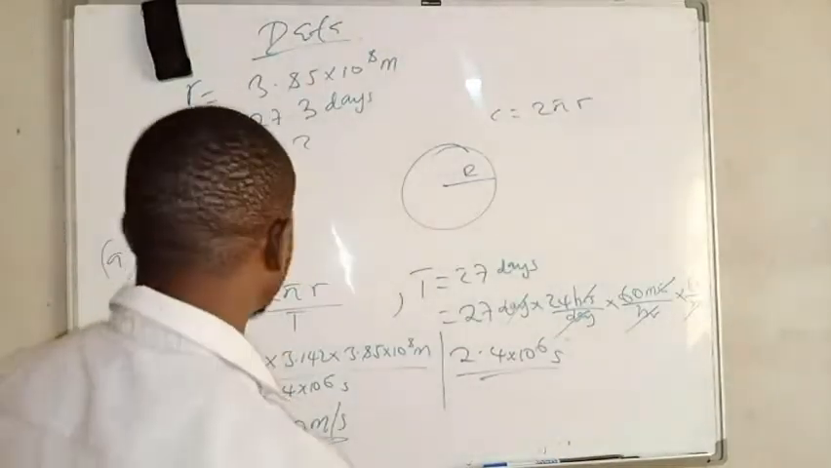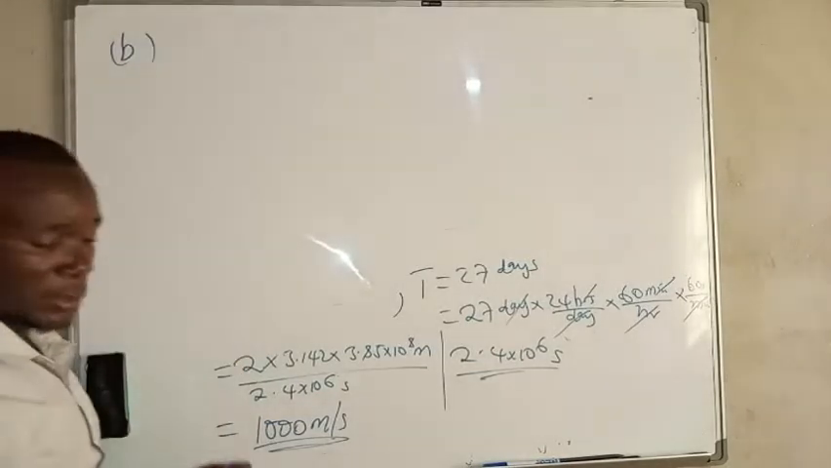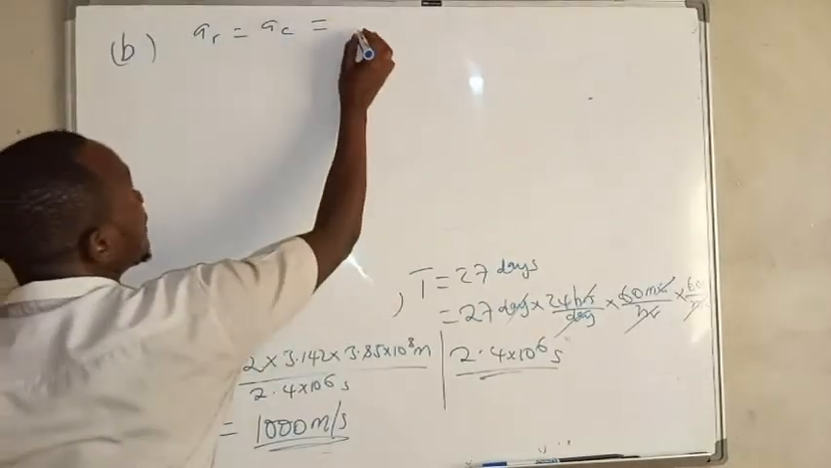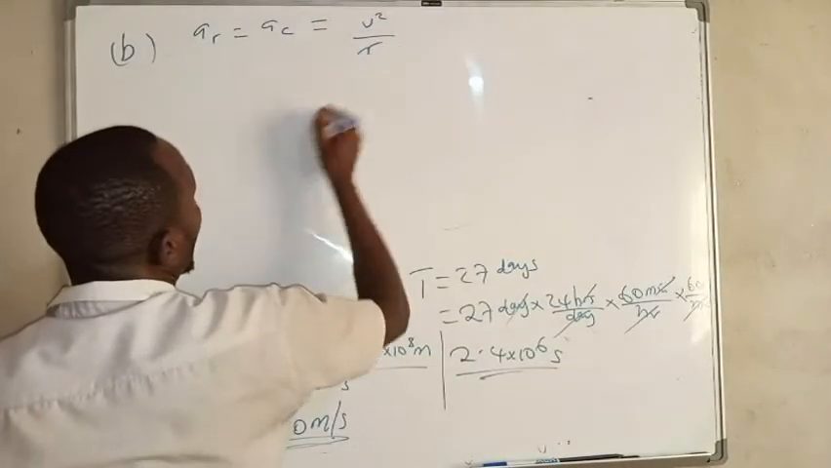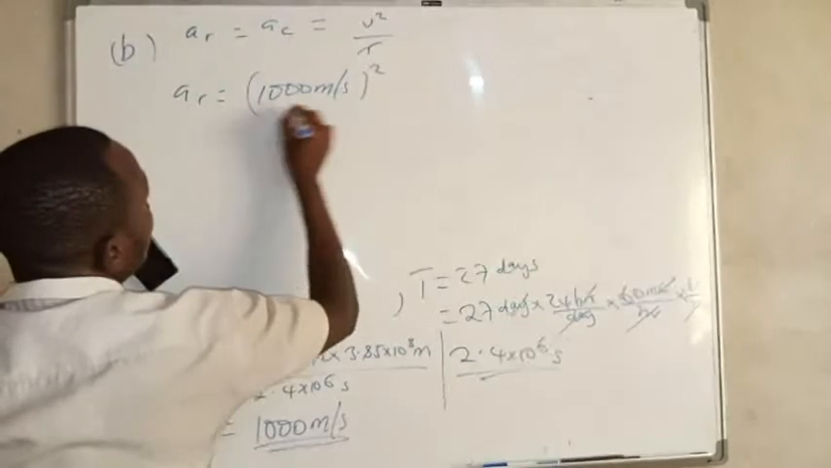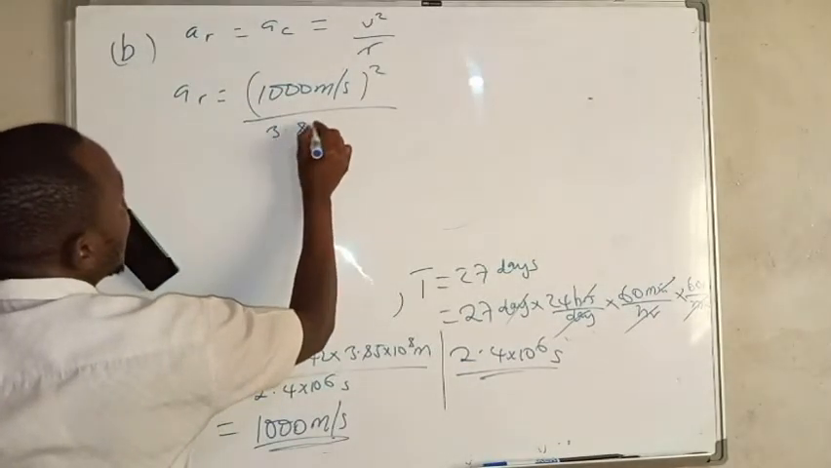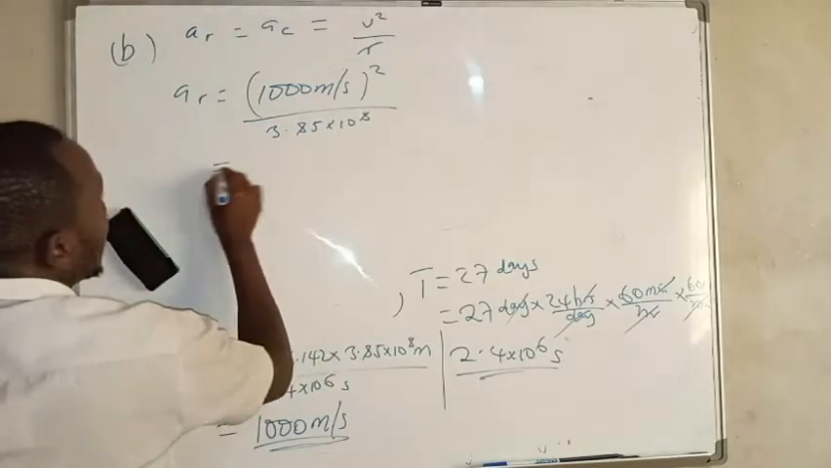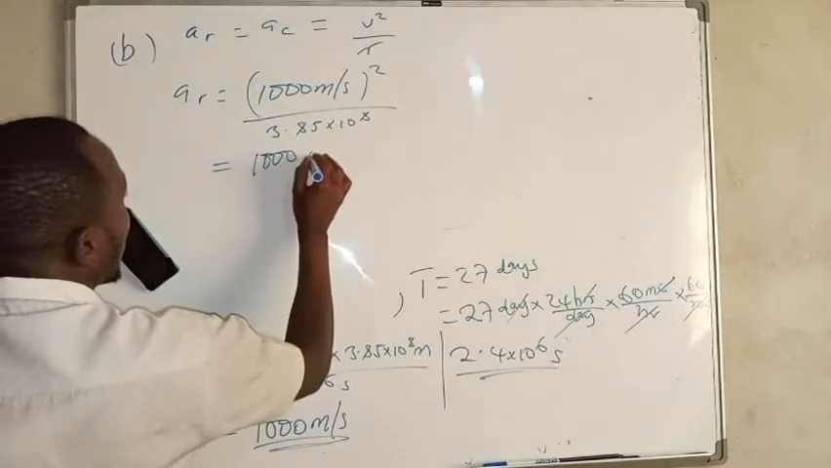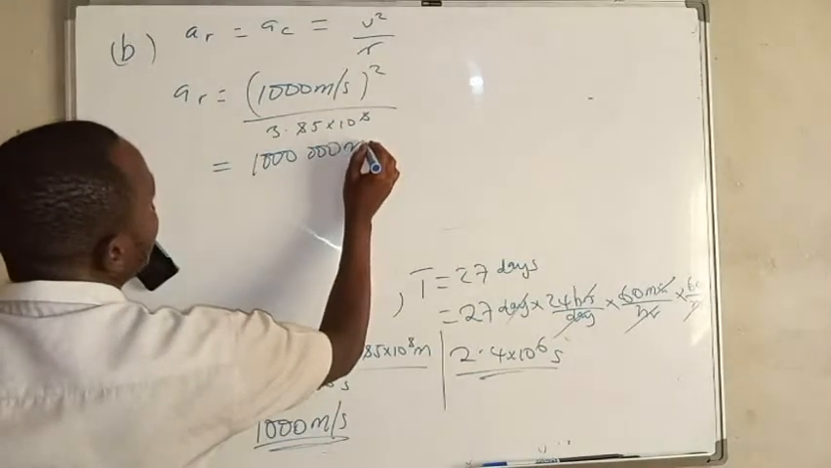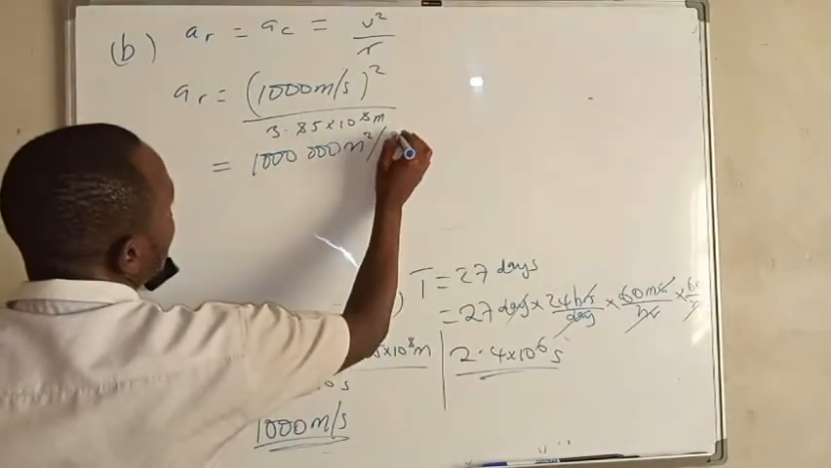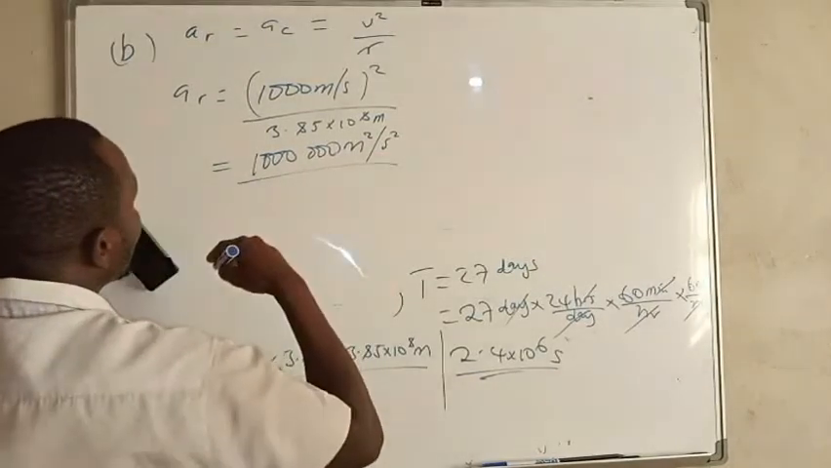Now, the second part, part B. The radial acceleration is equal to the centripetal acceleration, which is given by v squared over r. So a radial is equal to this squared over 3.85 times 10 to the power 8. When we punch this on a calculator, we are going to have 1 million square meters per second squared, over